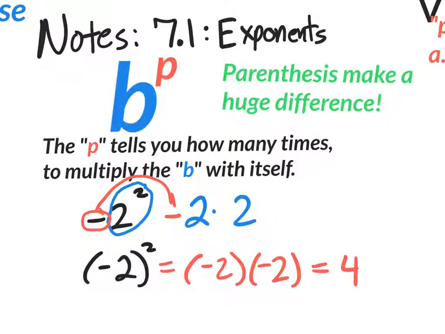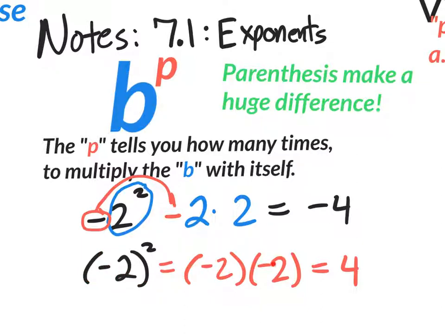So this problem really becomes negative 2 times positive 2, and the answer is negative 4. So the parentheses really do make a difference. You see, the parentheses include the minus sign that's inside. So this truly does say negative 2